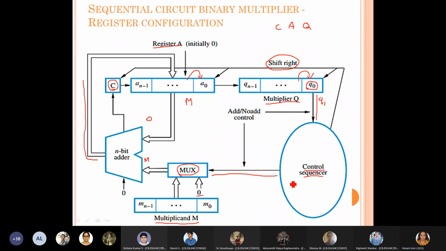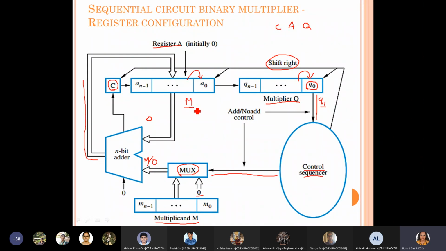So now in the second iteration, when you take the Q naught value, it is actually the Q1 value of the actual Q, right? Based on that, it will decide whether again M should be given for addition or 0 should be given for addition. So if you have given the value of M or 0, then this place is always M or 0. And it will be added with the previous stage result.